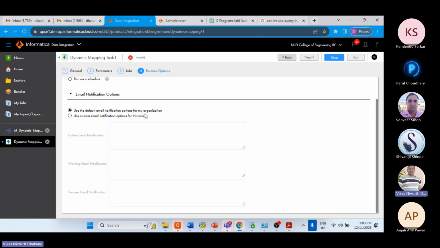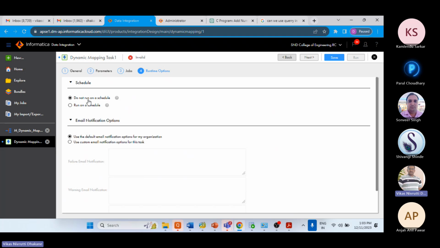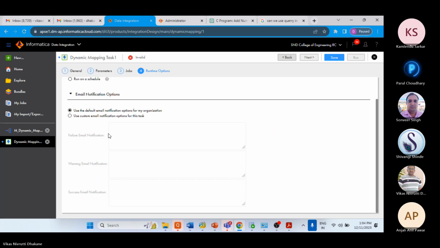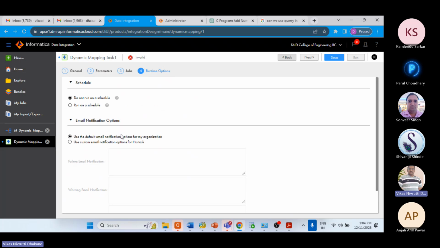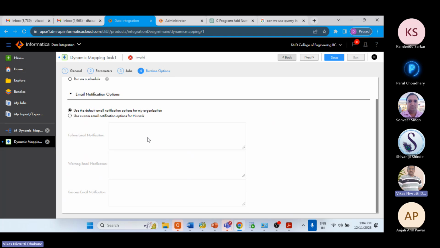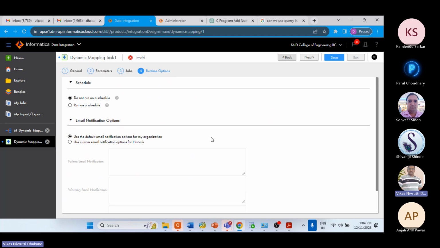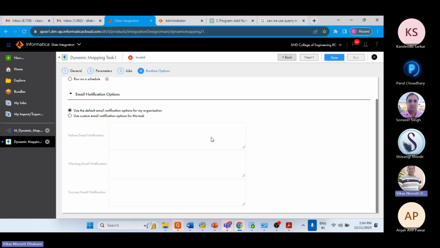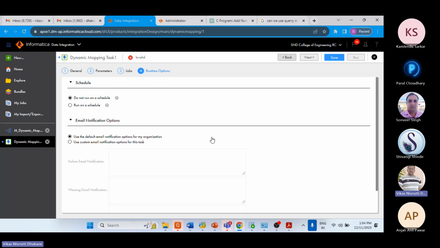Okay, here you are getting the runtime options, but these options are limited, right? You can see as compared with our general mapping task. And one thing that is missing here, which I think is still under research by Informatica Cloud, is the parameter file option. So we are not getting any parameter file option for the dynamic mapping task. So this is a very important thing. Okay, you can keep in mind: we don't get any parameter file option for the dynamic mapping task. So next, if you click on save,